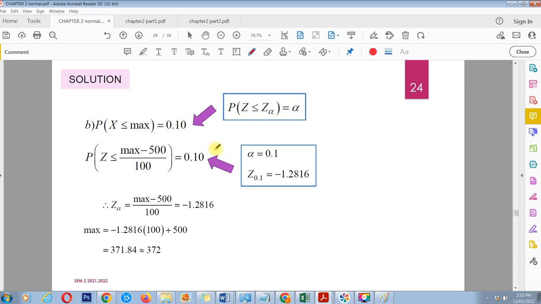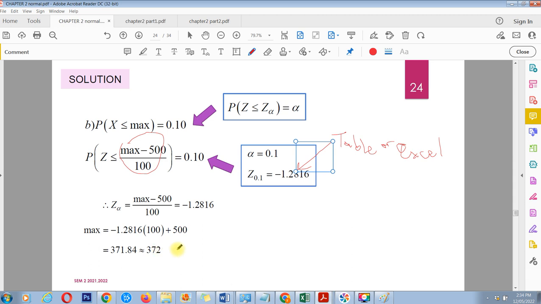Once we find 0.1 from the table, alpha 0.1, so z alpha equals to table or Excel. I didn't go through Excel yet, but later on we will go to Excel for the exercise. But the most important thing is you need to understand the main idea of this subtopic. After you know the value of alpha, we can equate this total value to this. So we have this equation, and then we solve this equation, and then we get